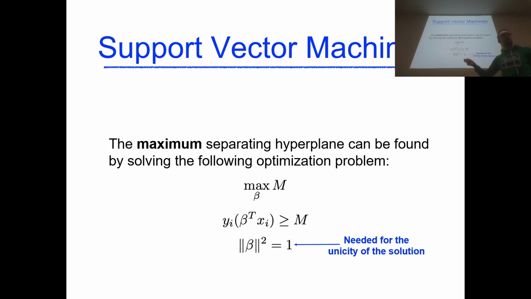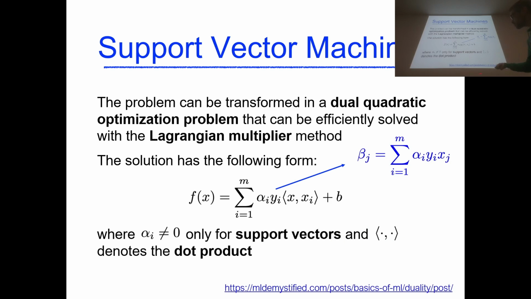How can this be solved? Again, we don't care so much about the specific technique. We only mention it. And again, you can expect some reference to go deeper if you want. The basic idea is that, as we said, this is a constrained optimization problem. One of the methods for solving constrained optimization problems is the Lagrangian multiplier method. So if you know what it is, fine. If you don't know what it is, not really necessary, but if you want to know more, here there is